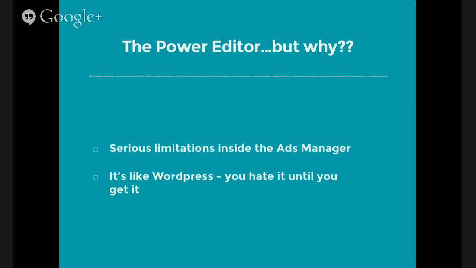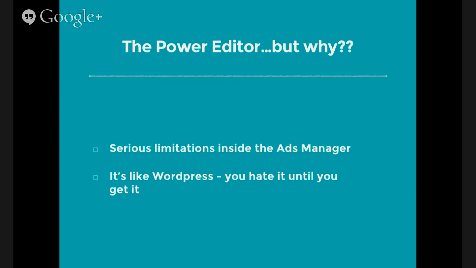So you might be thinking, oh man, I really like the sound of this, but the Power Editor, I just can't. Please, here's how I feel about the Power Editor. First, there are limitations to the Ads Manager, which is the regular interface that you may or may not already be creating your ads with. The limitations are typically about the number of characters you can use, so you can pretty much only create ad copy that has just a couple words, and you're like, how am I supposed to get a good call to action into that? The other problem is the targeting options, which are all hidden, and Facebook does this on purpose in order to get more money out of you.